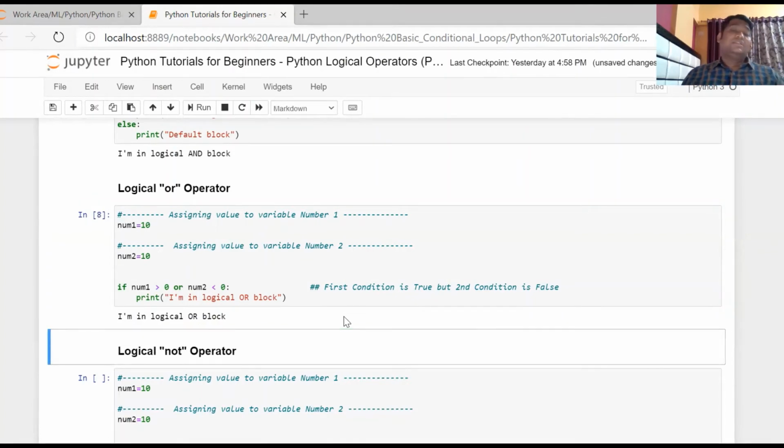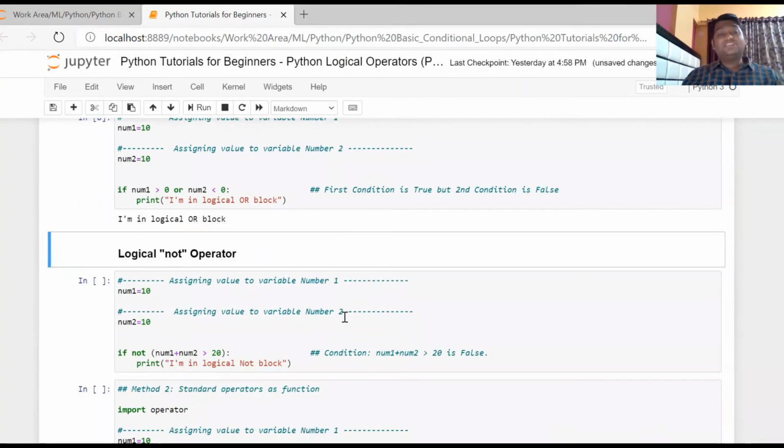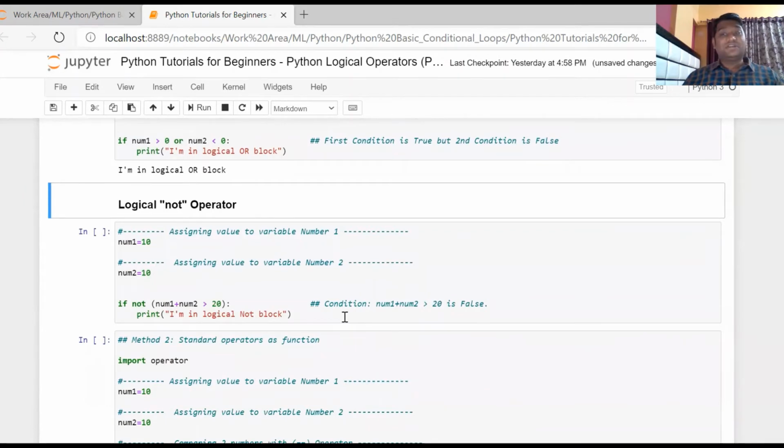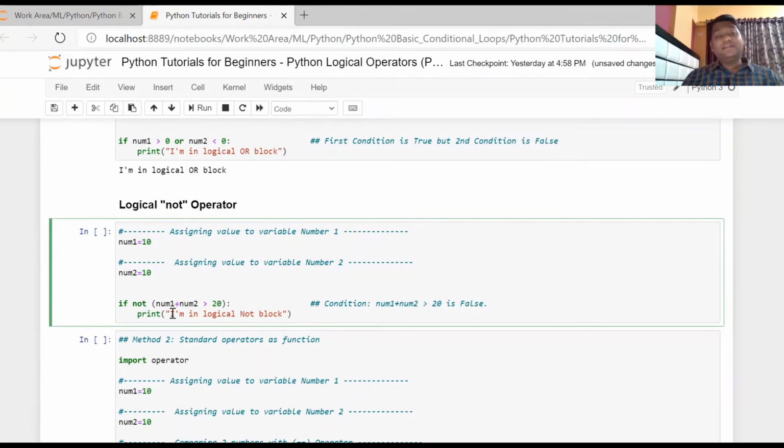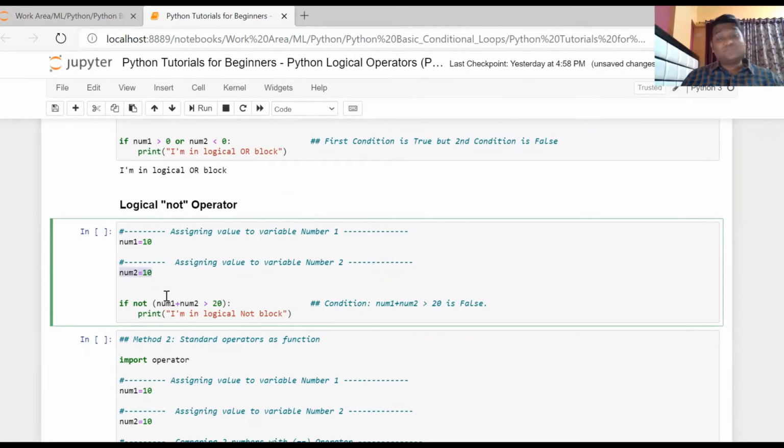Then we have the third operator, that is the NOT operator. It just reverts your condition. For example, if your condition is true and you put NOT in front of it, your condition will become false. In this example, my first number is assigned 10 and the second number is also assigned 10.